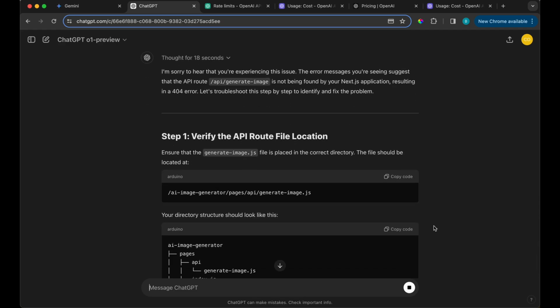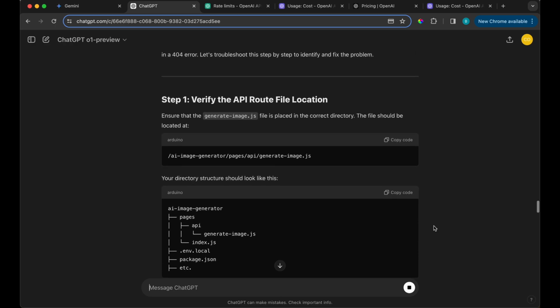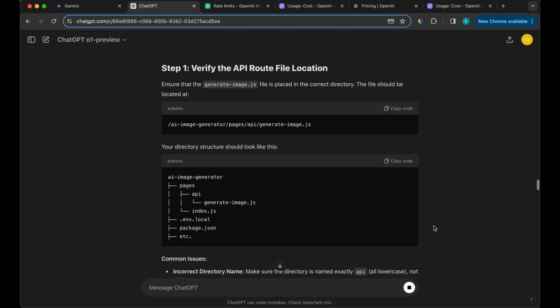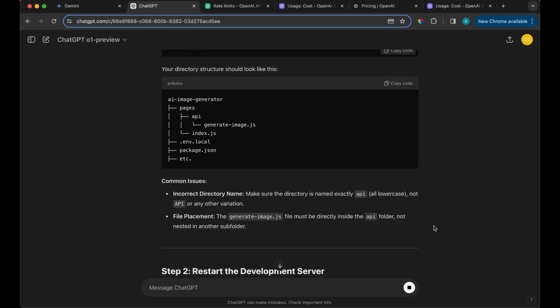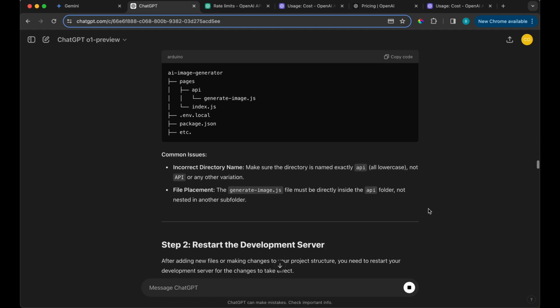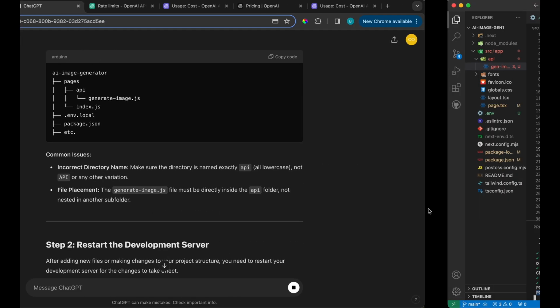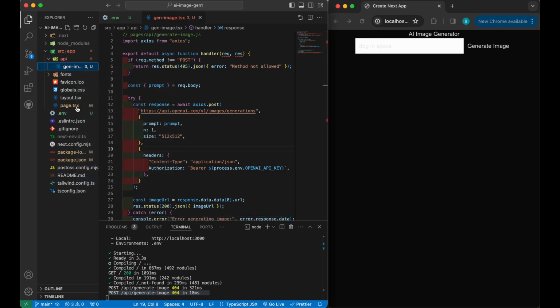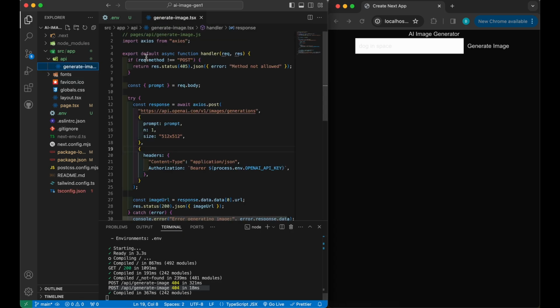All right, so pages API generate image. The file pages generate image should be directly inside the API folder, not nested. So let me maybe rename this, because they might have written the code with a dash. So generate-image, and then